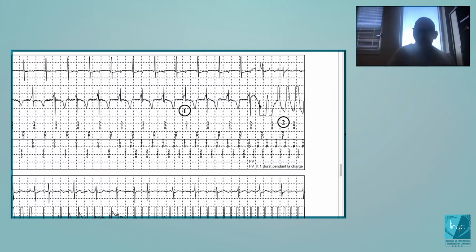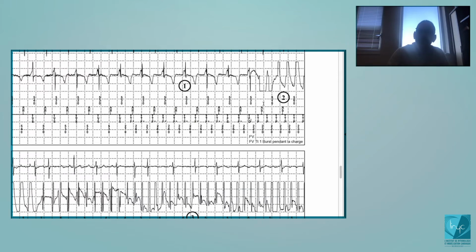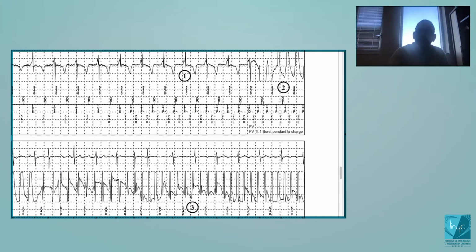And if you deliver a shock on the T-wave, you may induce an arrhythmia. Or if you pace on the T-wave, you may also induce an arrhythmia. And if you have a high threshold, you may not reduce the arrhythmia. That's why T-wave oversensing, in patients with a high threshold, needs to be considered as